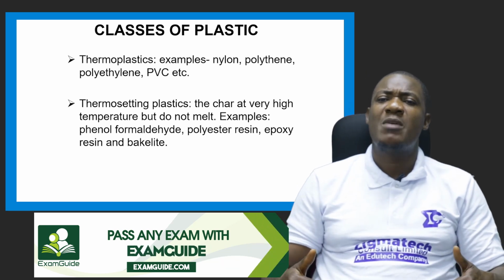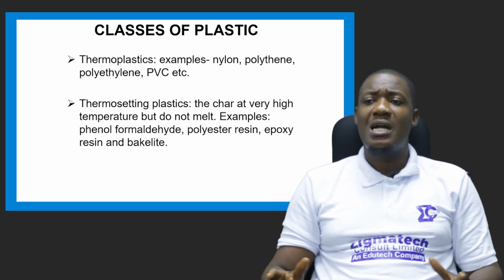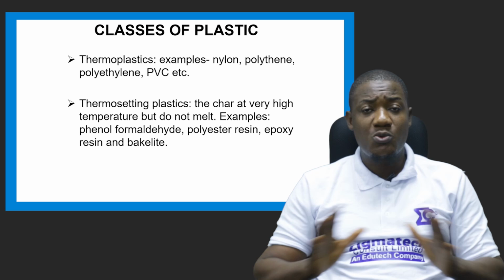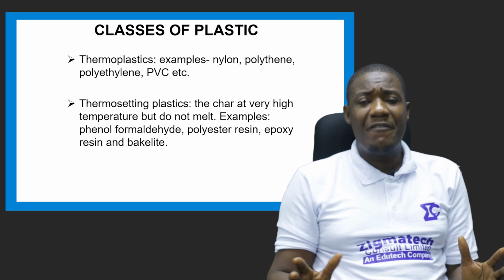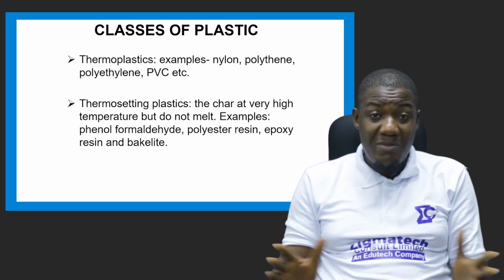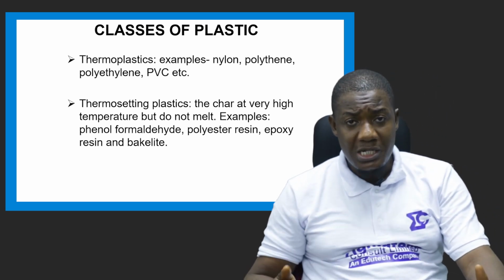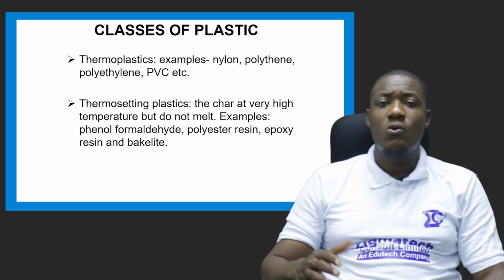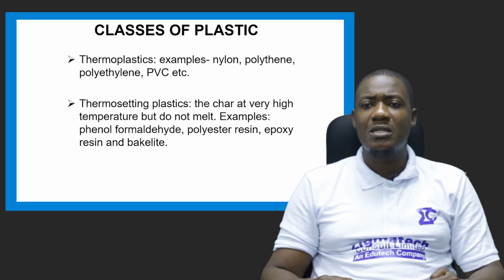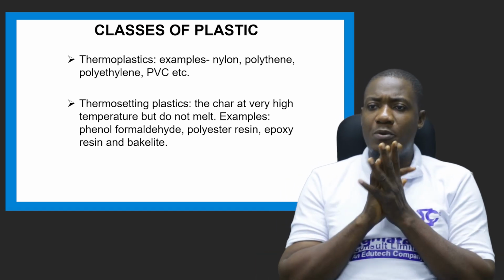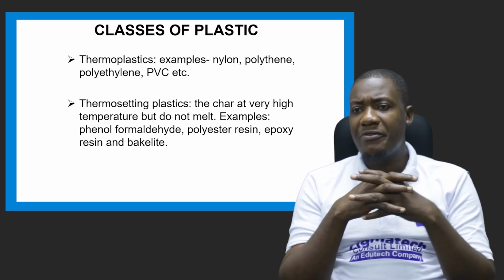We have another type of plastic we call thermosetting plastics. Thermosetting plastics char at high temperature. They don't melt when you heat them. Rather, they char. That is something you have to know: thermosets don't melt when you heat them, while thermoplasts melt when you heat them. Examples of thermosets include polyester resins, epoxy resins, bakelite, and phenol formaldehyde,